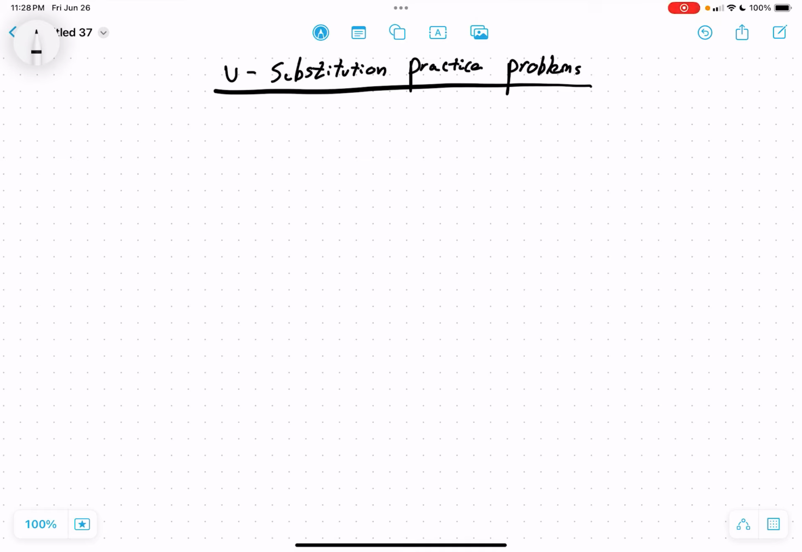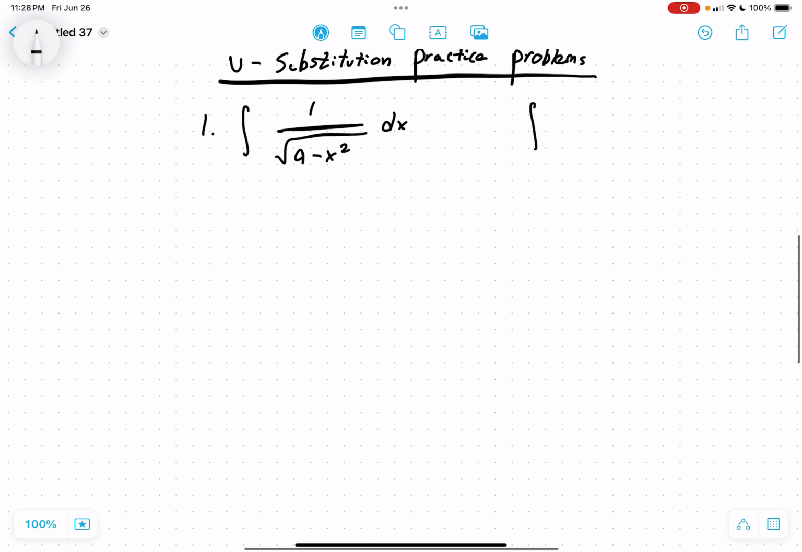Hi guys, in this video we will be practicing using u-substitution to complete integrals. So the first example I want to show you is the integral of 1 over the square root of 9 minus x squared dx. Now we can see that this looks similar to the form of the integral of 1 over the square root of 1 minus x squared, which equals